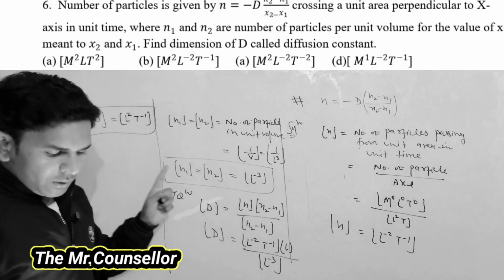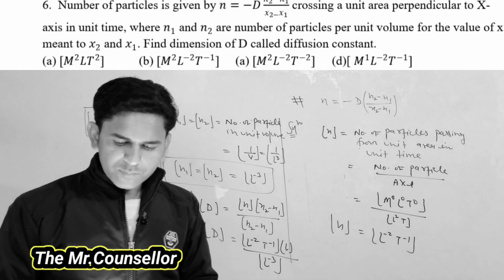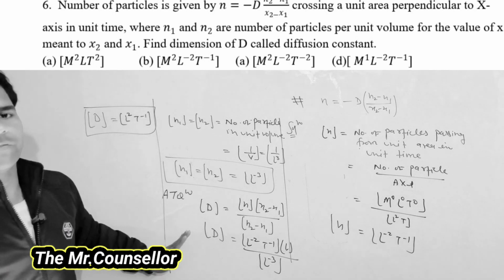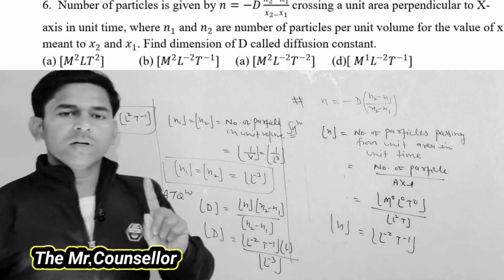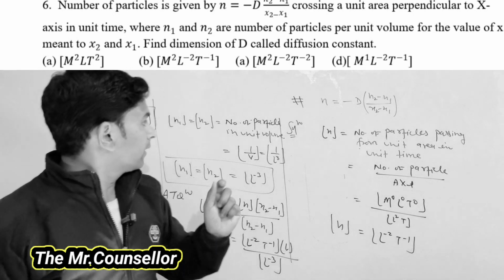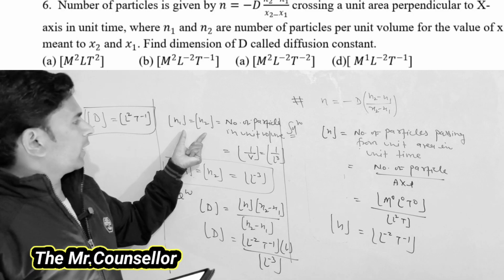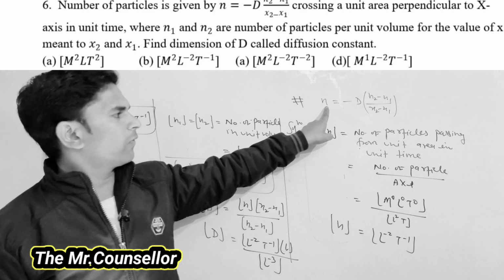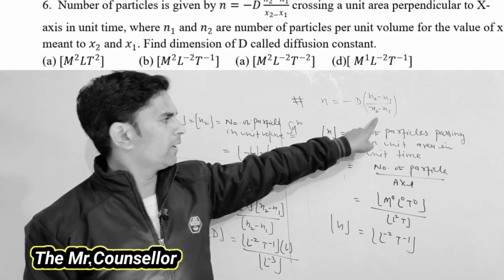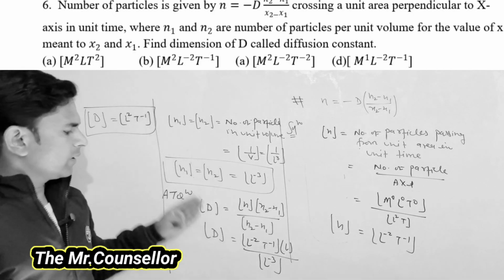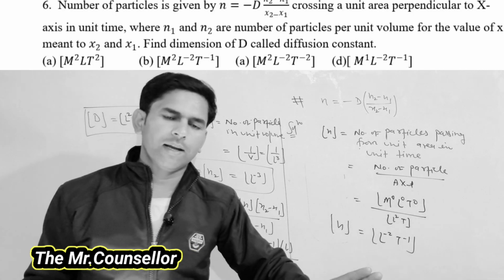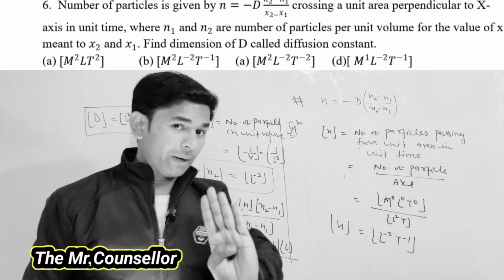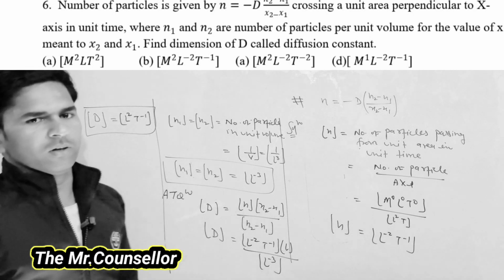So which option is correct? You can see there is a given option. Maybe option number D is the correct answer of this problem. This is a very, very important question. Here we only need to understand these things, n1, n2, and n. Two things we have. So we can place the dimensional formula of n, and here n2 minus n1, here x2 minus x1. So you can place and try to solve again. Do revision. Okay now? Pakka. Okay. So now you can note down.